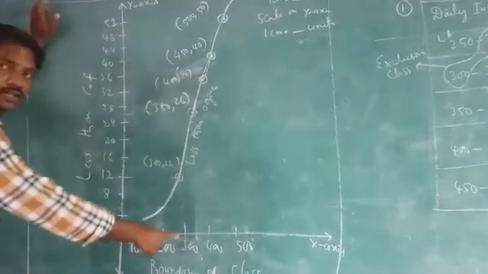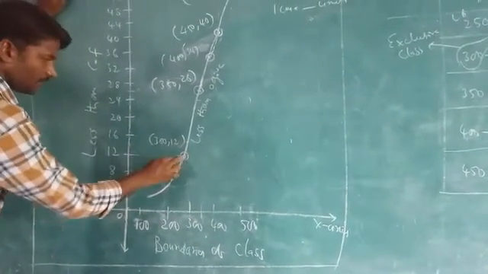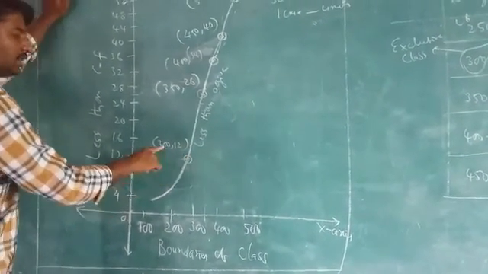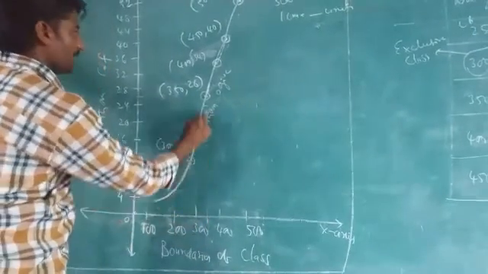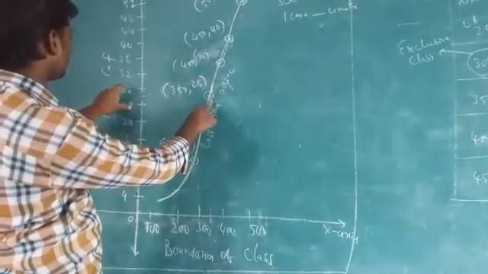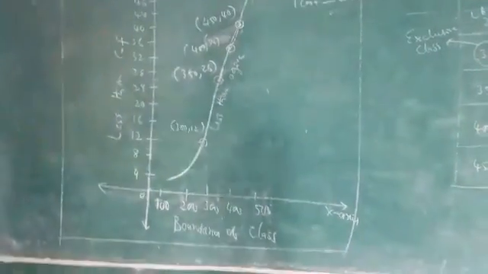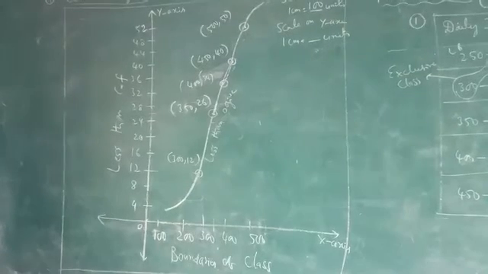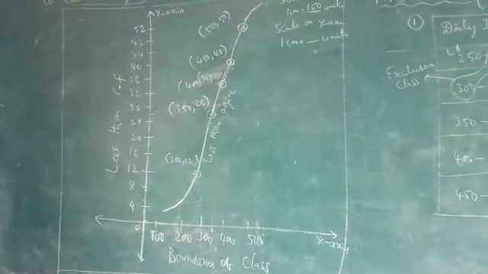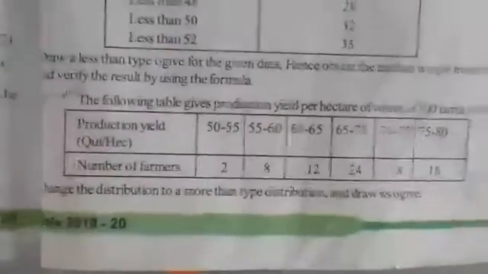So first I have taken 300 comma 12. From here 300 and from here 12. Where they meet is the point 300 comma 12. Next again 350, so in the middle 350 up from here and 26 in the middle of this one. In this way I plotted here. Children, the second one and third one are homework for you.